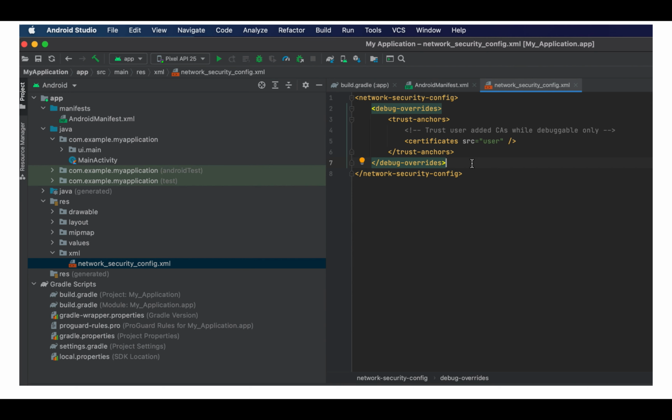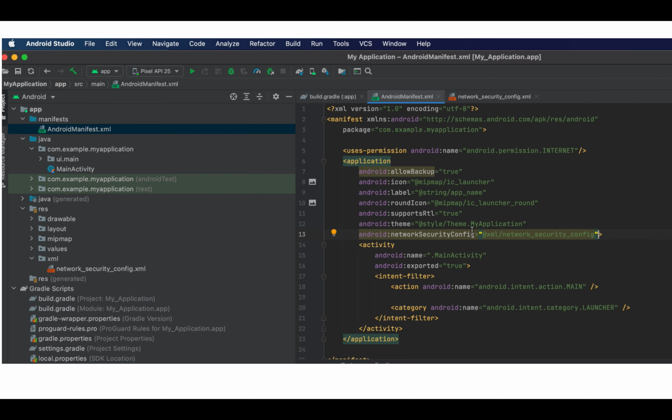Now we need to link that to our Android manifest. In your Android manifest, inside your application tag, there will be an android network security config attribute. There put the path of this network security config.